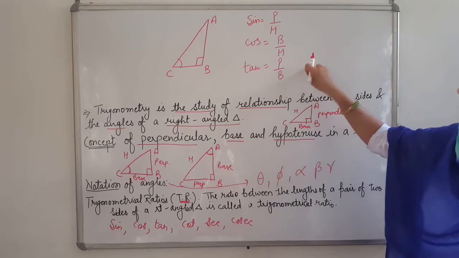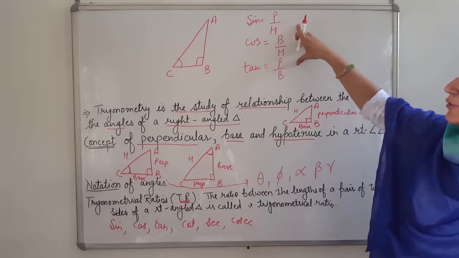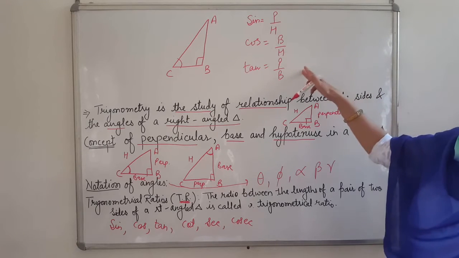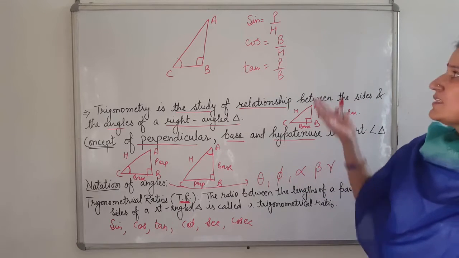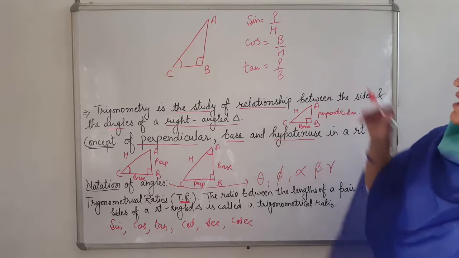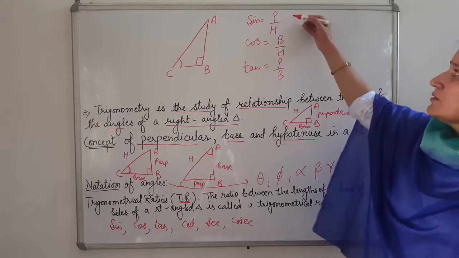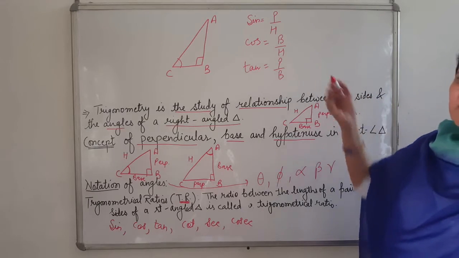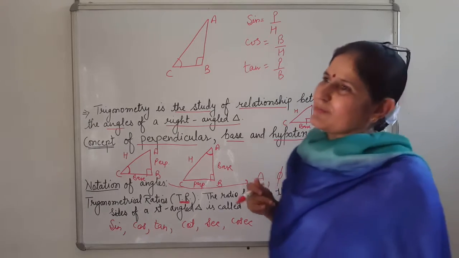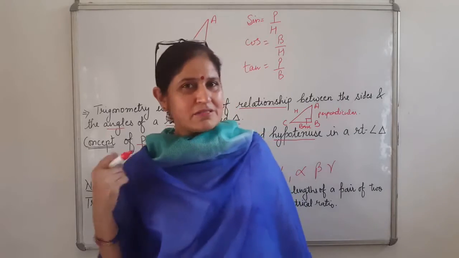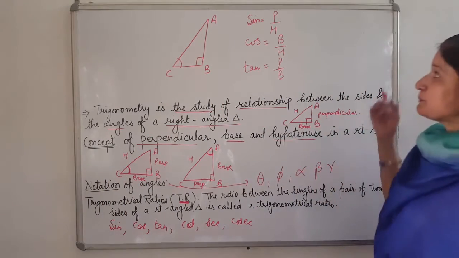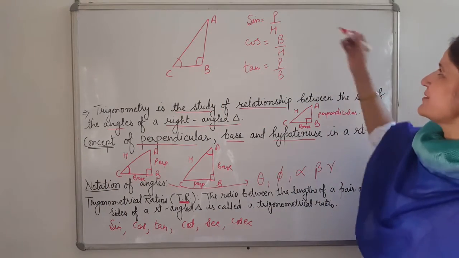The other 3 you can learn from here only. If you know the value of these 3, the others can be found out, because they are the reciprocals of these. How to learn? What is the method? Because sometimes it is not easy to remember P, H, B, H like this. When I was in school, my teacher taught me a way. The same I will tell you now. Maybe you will laugh at this.